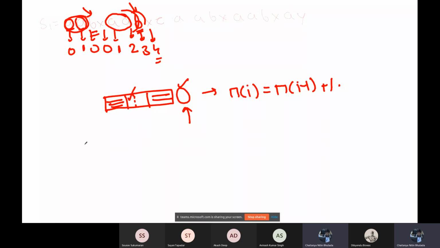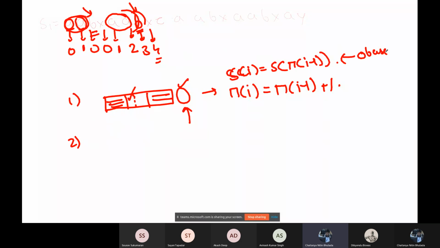Okay, so this is the first condition: if S[i] is equal to S[pi[i-1]]. I think S[pi[i-1]], yes, with zero-based indexing. Okay. So the next condition: now, if it does not match,